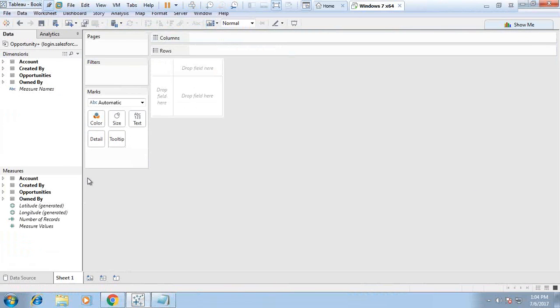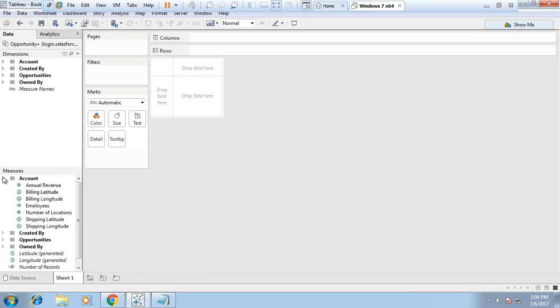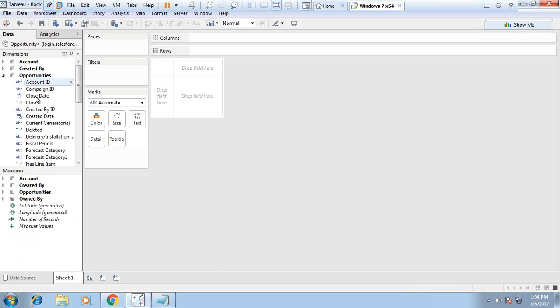So it's done now. Now let's begin. I simply, you can see we have objects like accounts, opportunities, account ID, created date. And we have also measures from opportunities as well as from account. So I extracted account and I display account name,